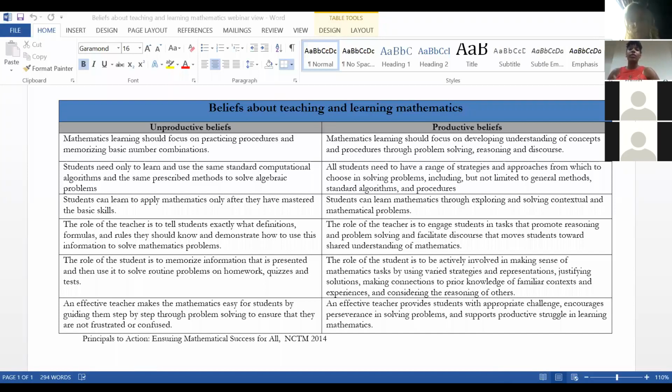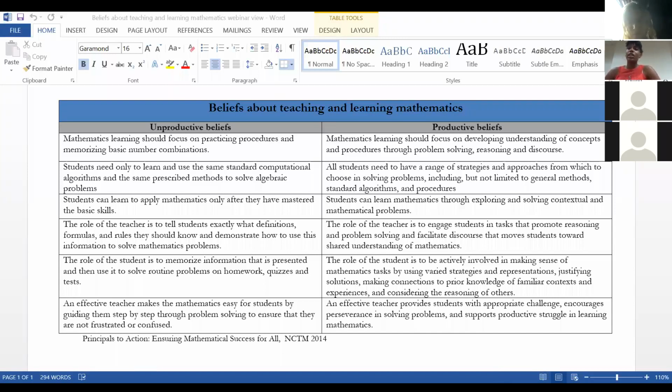So if you want to share that with us, my colleague here, Kate, is going to monitor that and then give me back those results and let us see which ones are the ones that a lot of the people are resonating with. To be completely transparent, the one that resonates with me the most on the unproductive side